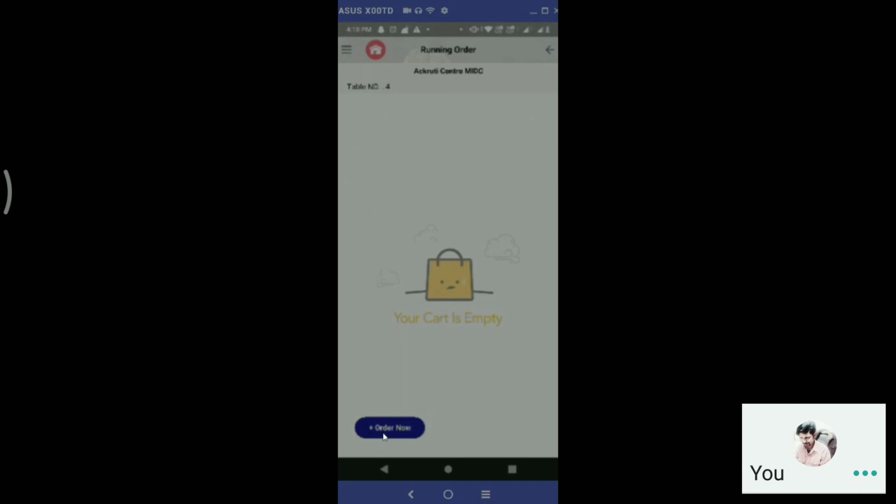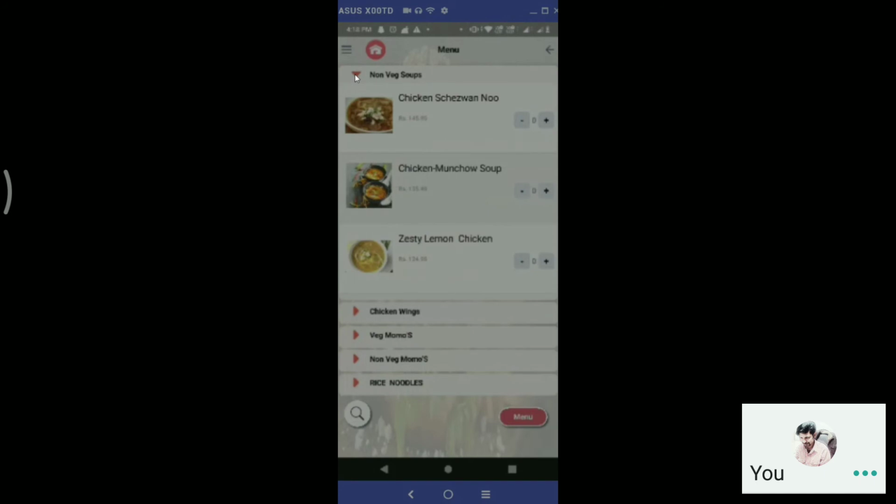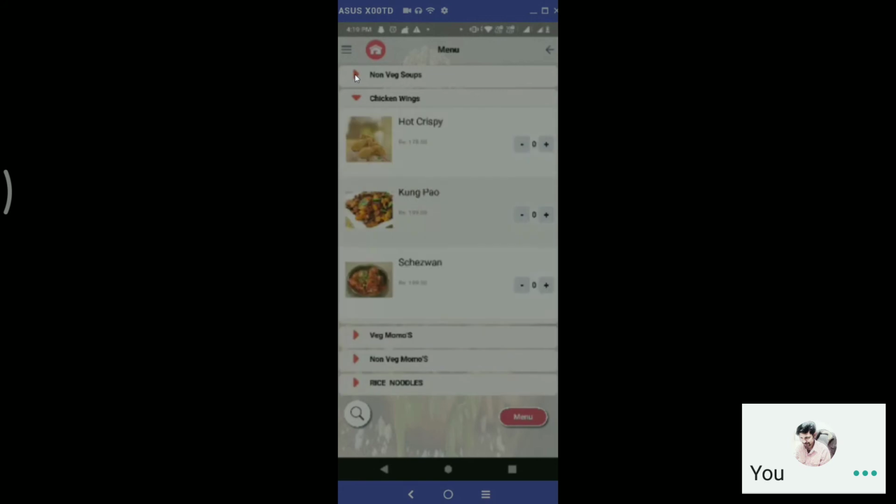Go ahead, Sanjot. Okay, I will click on order now. It will show me the menu groups here. This is basically the first level menu, the keypad which we configure in the POS. That same keypad you can see here. Under that, the items are visible. The same provision is available here also. You can display the description of the item, the images, the price, and everything is available here.